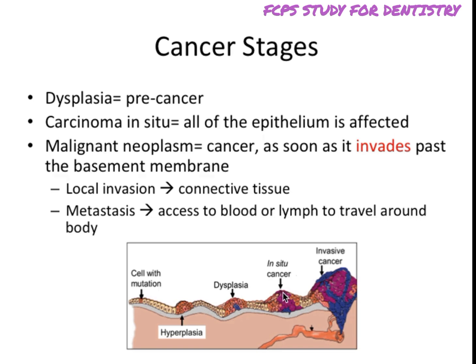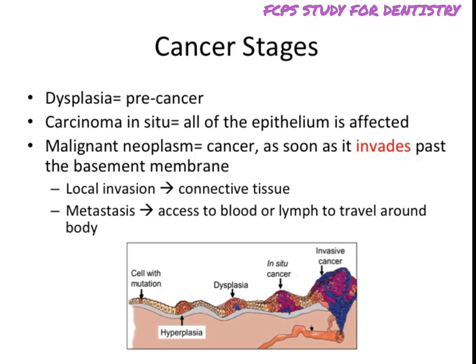And that's as soon as it invades past the basement membrane, because then it has the potential to spread, invade to connective tissue, and have access to vessels like blood vessels or lymph vessels, and then metastasize and spread quickly around the body. So I have a video on histopathology of cancer where I liken this process to Game of